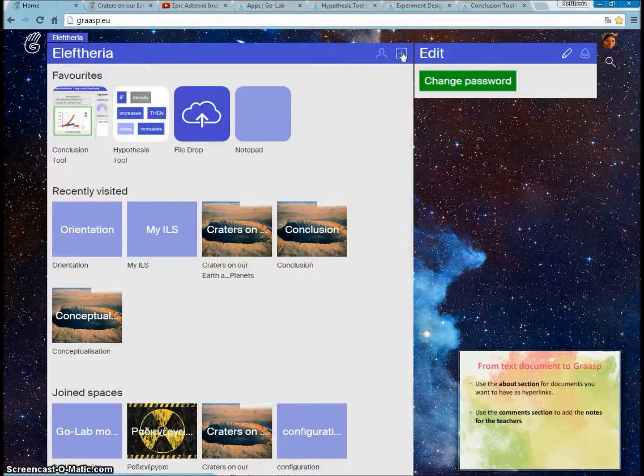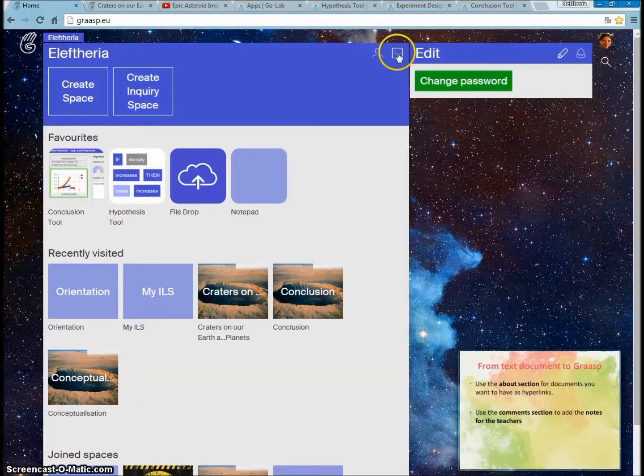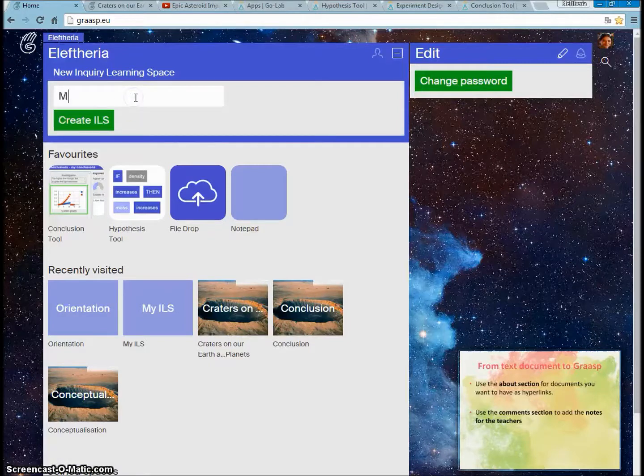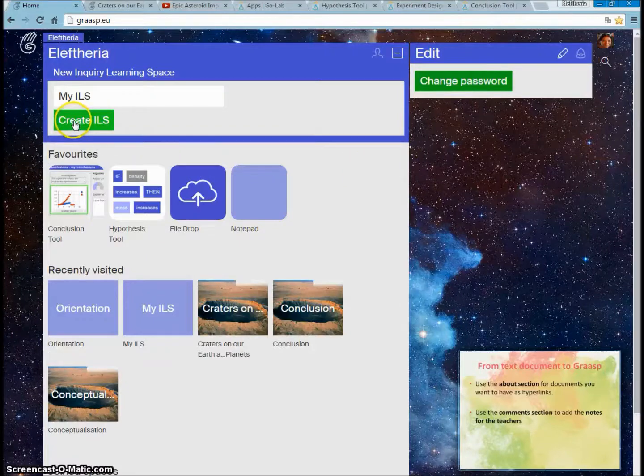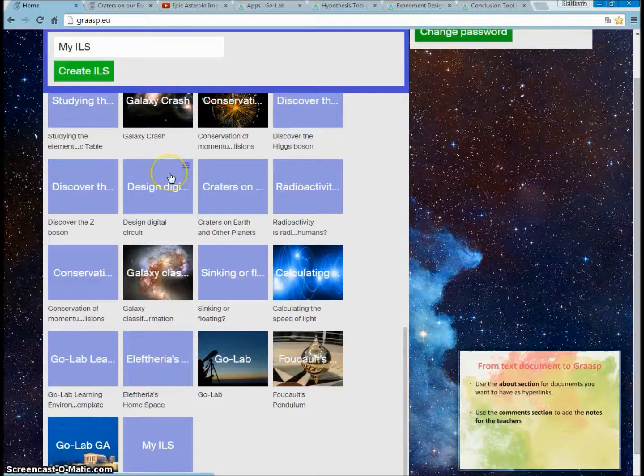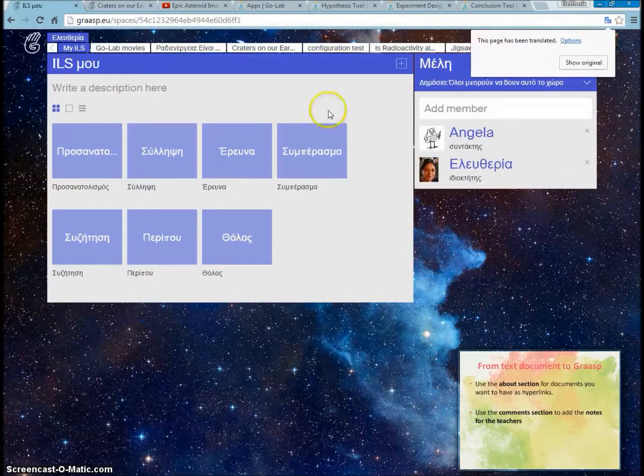So what I do is I click here on the plus button and I create a new inquiry space. I give a name and I click to create the ILS. And once I do that, a new space will appear in my area. So I click on the